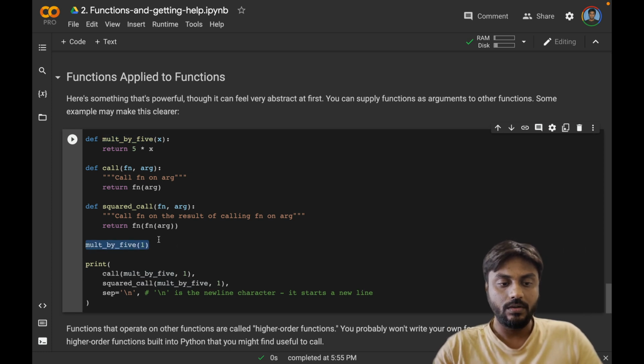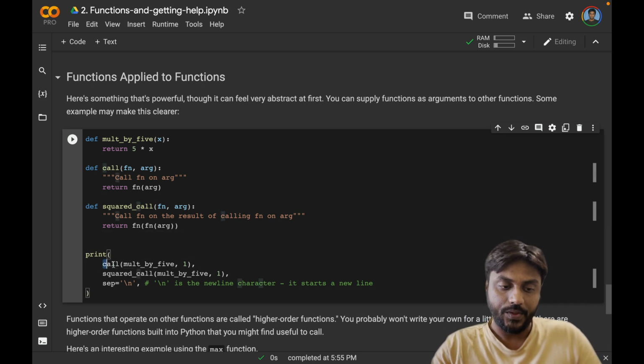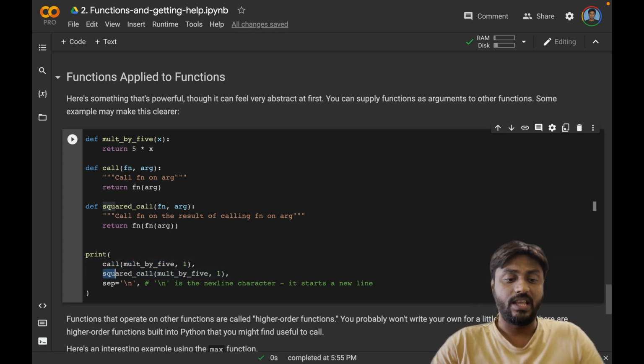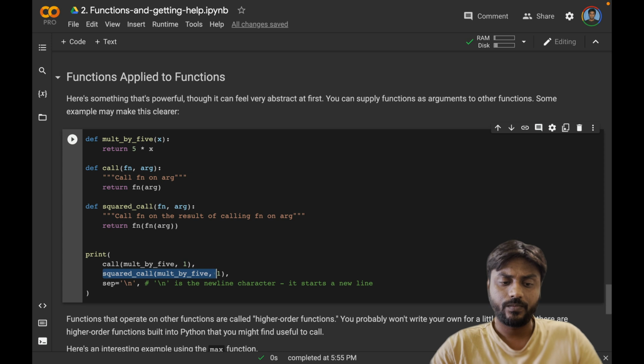So now the mult by 5 function will be invoked with 1 as an input. So 1 times 5 times 1 will be 5. So a 5 will get returned, and the output of this line will be 5. Okay, same thing. If I do squared call,